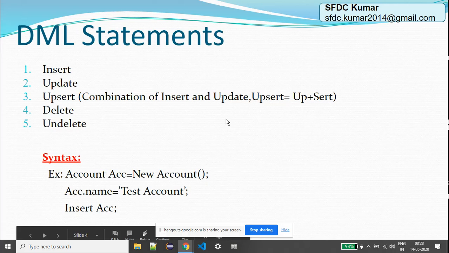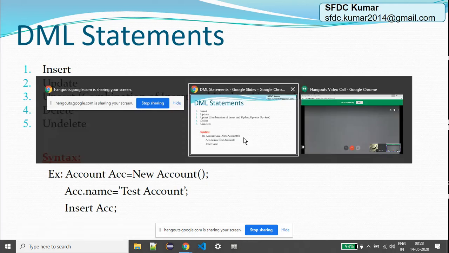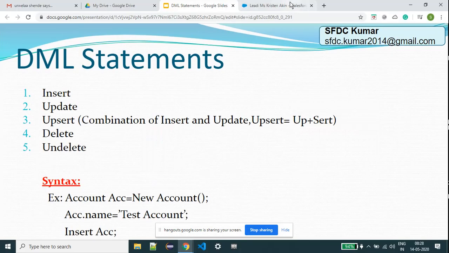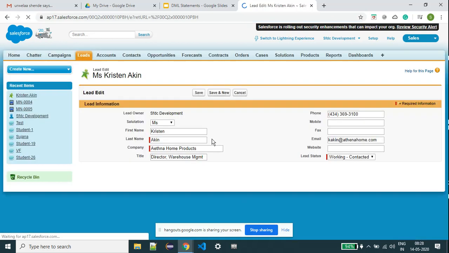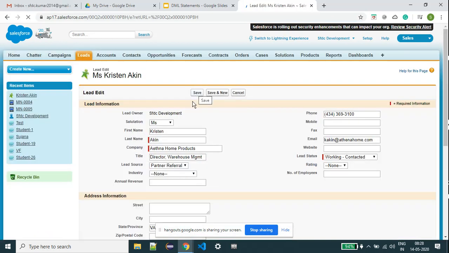Insert acc is written in the background. For example, here we have edit, right? When we click the save button after filling in new data, they have written insert acc or insert lead, anything, in the background.